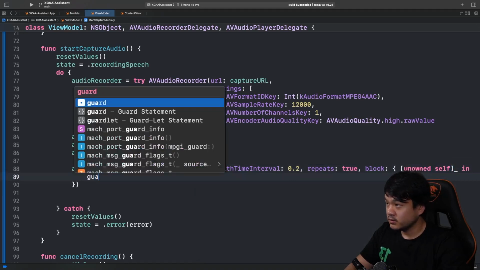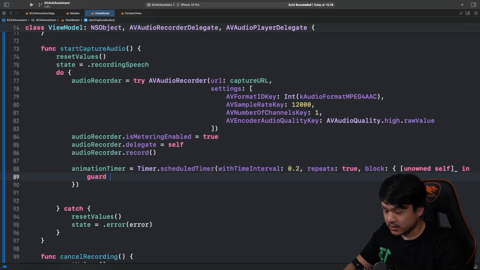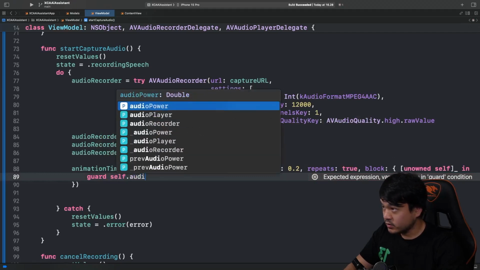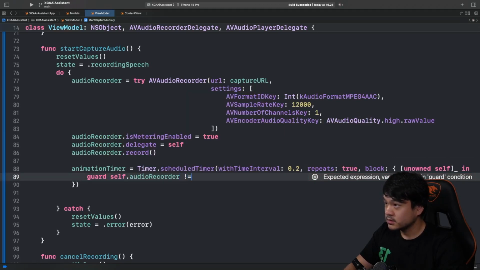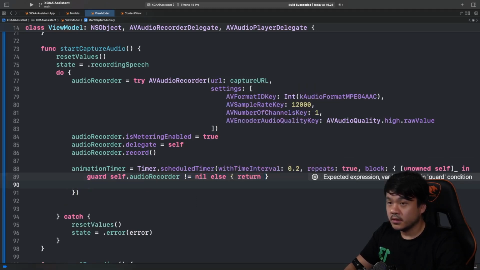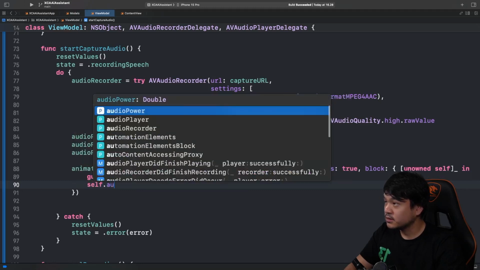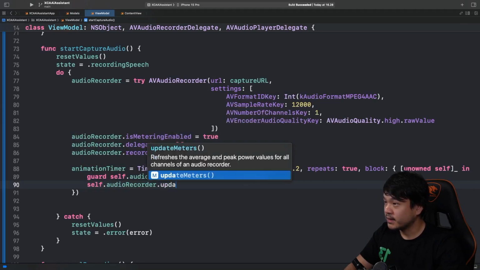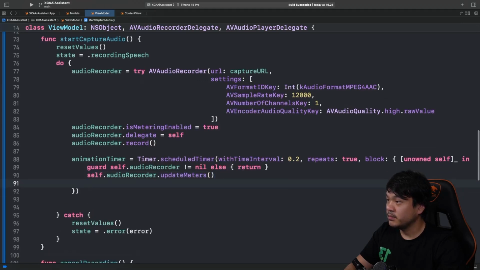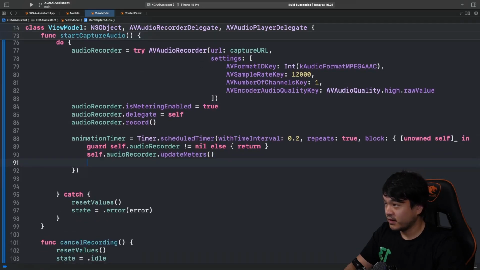In here we're going to check if the self audio recorder is not nil. Only in that situation we're going to continue. If it's nil, we're just going to return. Okay. In here we can simply invoke self dot audioRecorder updateMeters, so we can get the new power level.